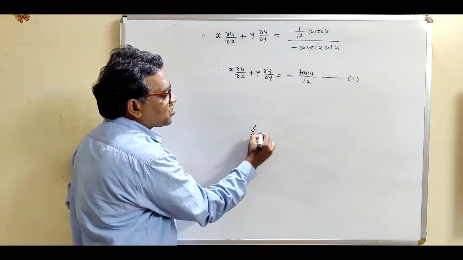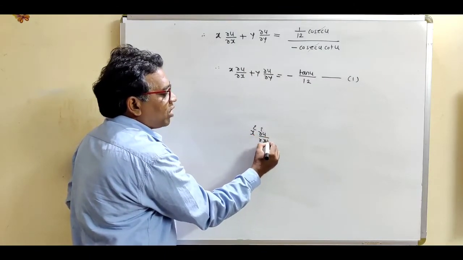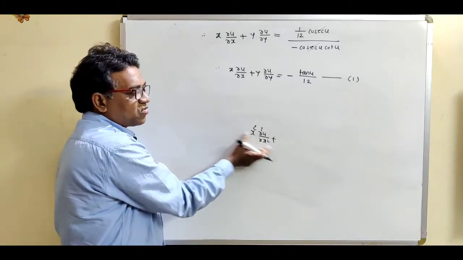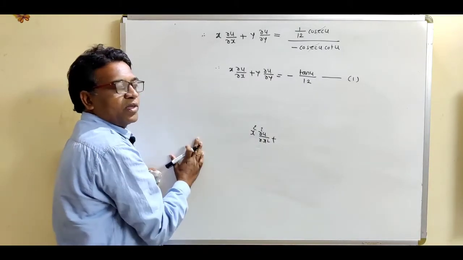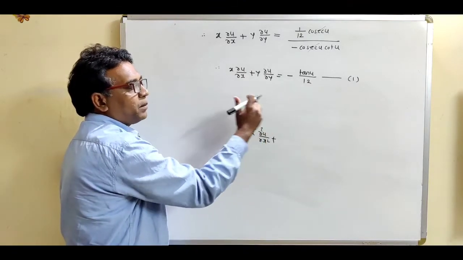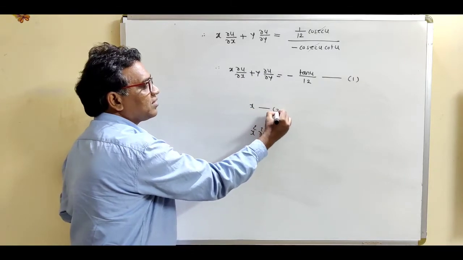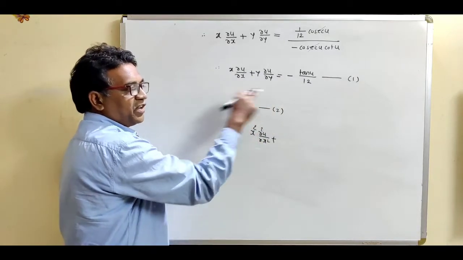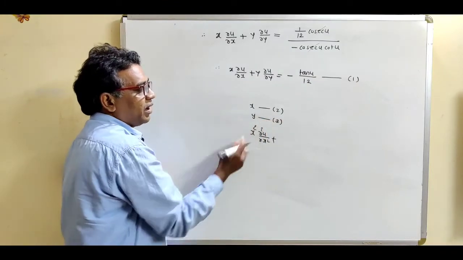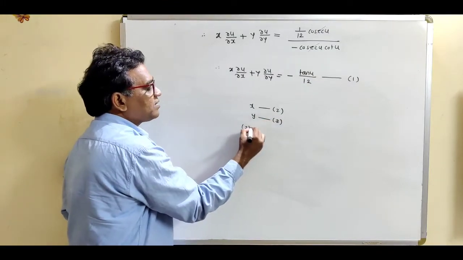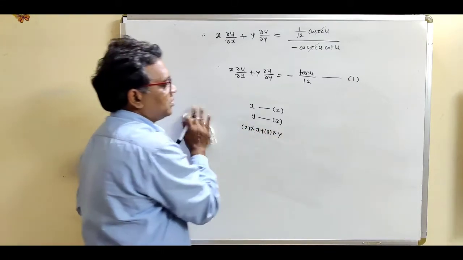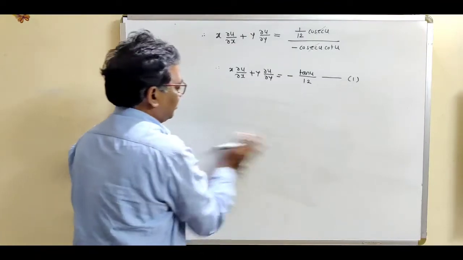Now how to get this consequence? Consequence means it is just like a bracket square type term. So how to get this consequence? There are 3 steps. So what are those steps? Differentiating equation 1 partially with respect to x, that is equation 2. Differentiating equation 1 partially with respect to y, that is equation number 3. And what is the last step? Multiply the second equation by x, the third equation by y, and take their addition. So use these 3 steps. Write down.